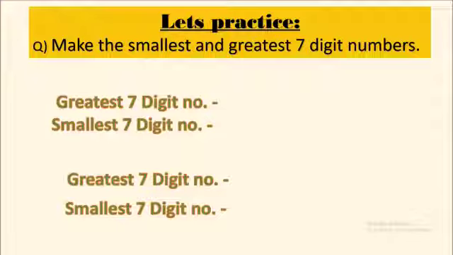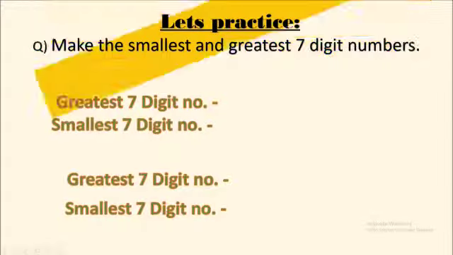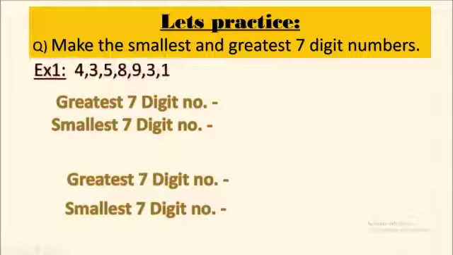Now let's practice. Dear children, we have to make the smallest and the greatest 7-digit number. We already know how to make it. To form the greatest number, we have to arrange the digits in the descending order, and to form the smallest number, we have to arrange the digits in the ascending order. So here we have the question. The digits given are 4, 3, 5, 8, 9, 3 and 1. The 3 is there 2 times, that's not a problem. We just have to arrange it in the descending order to form the greatest number. So let's start. 9 first, 8, then 5, 4, then 3 and again a 3 and a 1. So the number will become